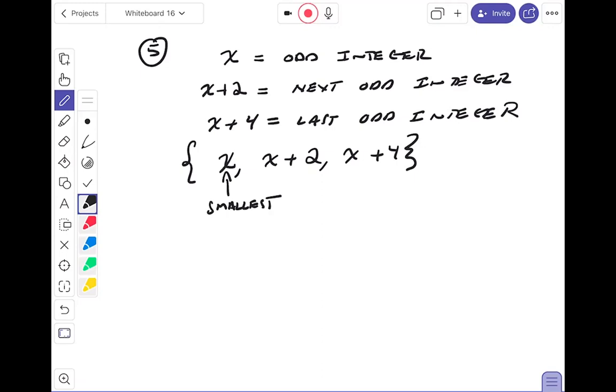Now, what other names do they use? They use the largest. This would be the largest. Now, you might say the middle guy's feeling a little bit upset, but I don't think they really used a name for him. I'll probably call him medium, though, if I had to. But anyway, the names I see are smallest and largest. Let me read it to you again. What does it say? 5 times the smallest